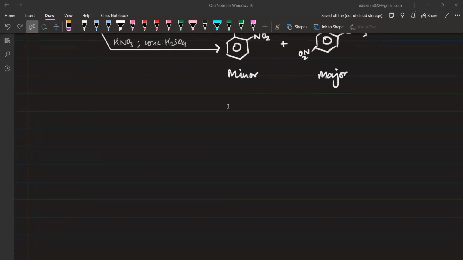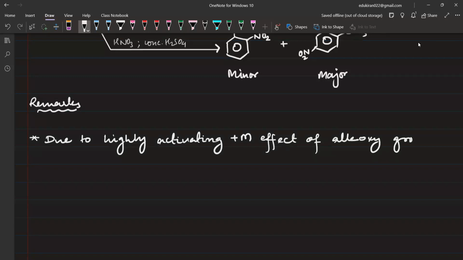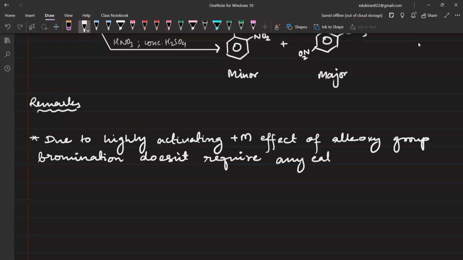Write remarks. Right here. First of all, due to highly activating plus M effect of alkoxy group, bromination doesn't require any catalyst such as FeBr3. Another point is